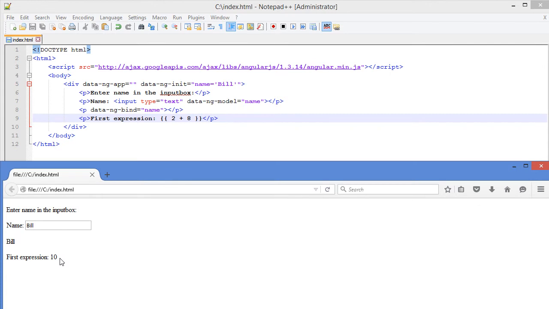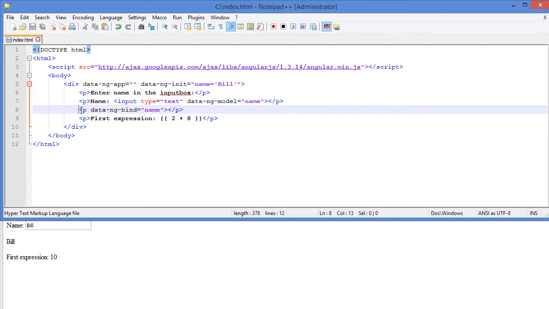So in order to replace the ng-bind directive usage, we could actually comment this out and try to reproduce the same value using the JavaScript expression of defining it in curly braces.